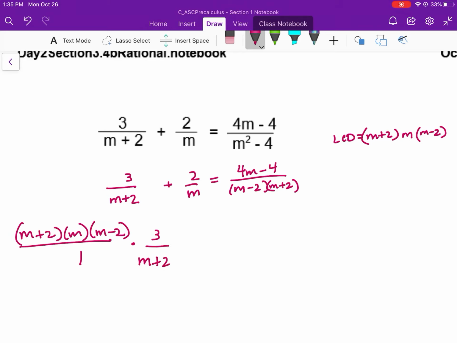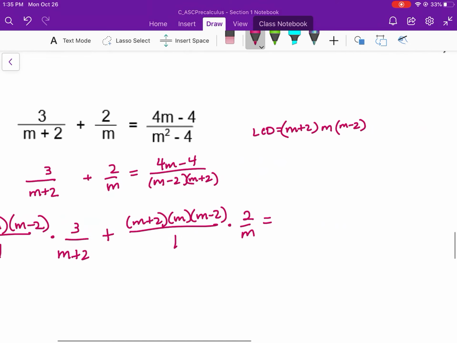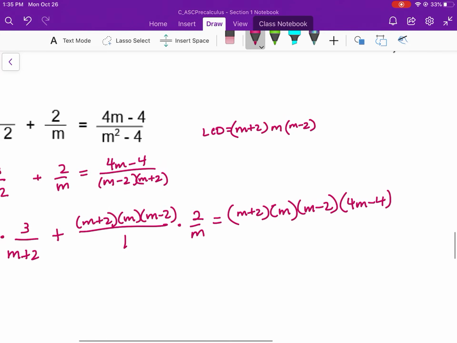That's all over 1 times 3 over m plus 2, plus I have m plus 2 times m minus 2 all over 1 times 2 over m equals m plus 2 times m minus 2 times 4m minus